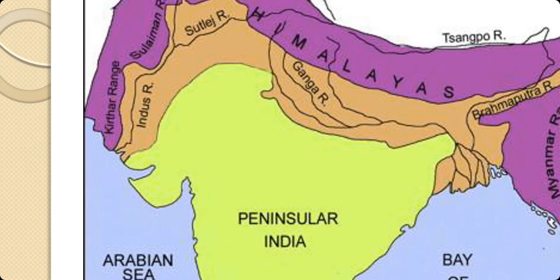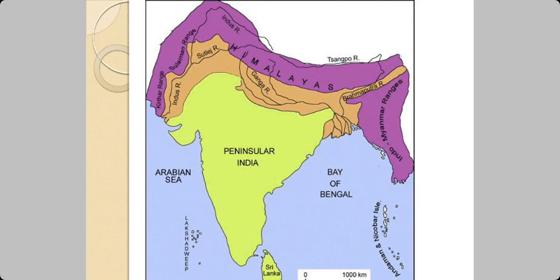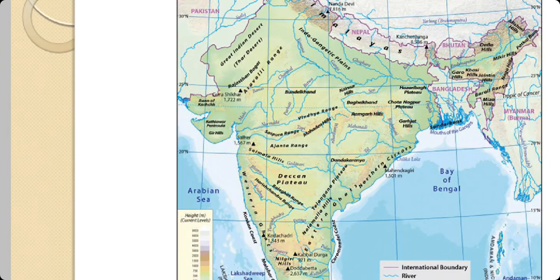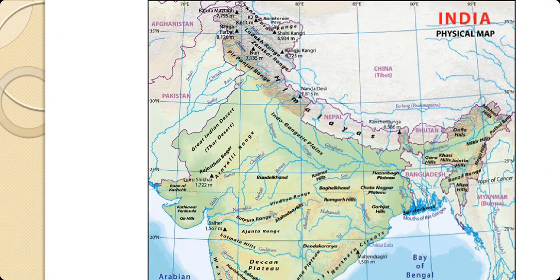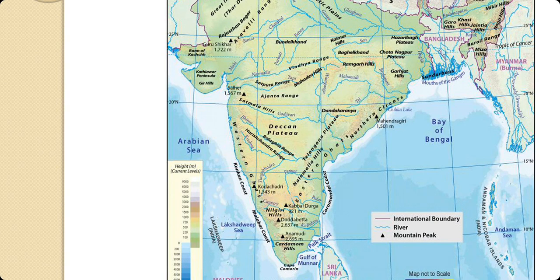The peninsula is formed essentially by a great complex of very ancient gneiss, GNEISS. Gneiss is a type of rock, and granites. Both are igneous rocks, which constitute a major part of it. Since the Cambrian period, the peninsula has been standing like a rigid block. So we are comparing the other features with the peninsula. So you have to just remember that this is standing like a rigid block, with the exception of some of the western coast, which is submerged near the sea and beneath the sea, and some other parts changed due to tectonic activity.